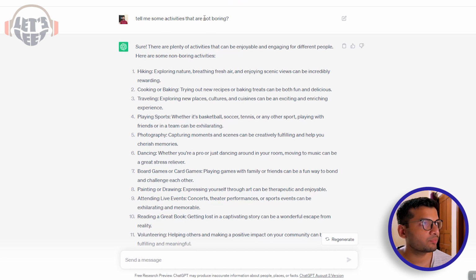So like for example, I say "not boring." Okay, so here although it understood "not boring," that means let's say activities which are not boring, but since it is understanding things word by word too, there are chances that it would perceive this sentence and tell me something which is actually boring, और वो negation को उस तरीके से ना consider करे जिस तरीके से हम चाहते हैं कि ये perceive करे.